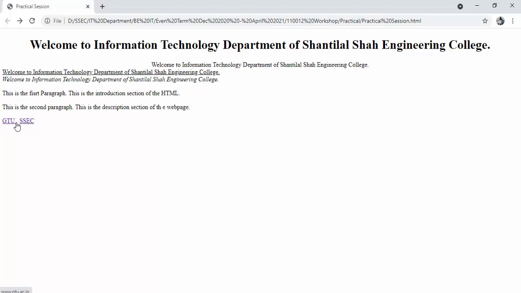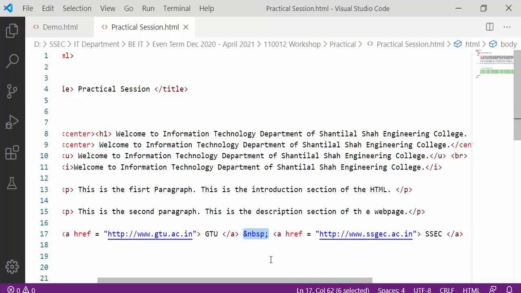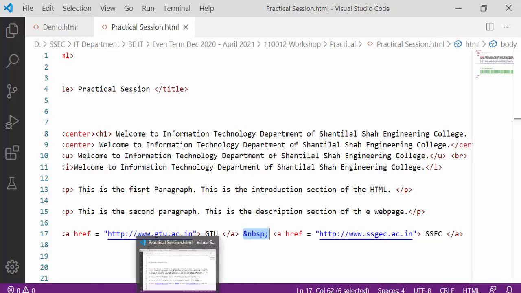See the space between these two links. This space can be applied by writing ampersand NBSP. So this will provide a tab space between two contents or two words.